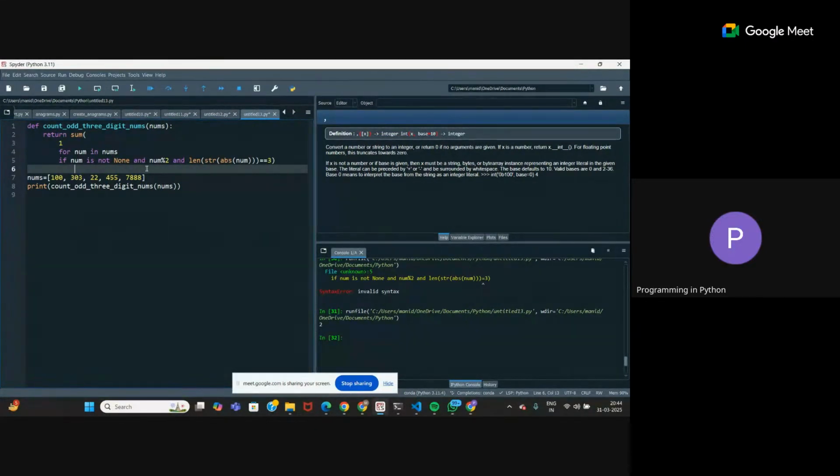For every iteration, if the condition is true, then this 1 will be returned. To where? To this sum function. So if for every iteration it returns a 1, it will keep on adding those ones. Right, so for only 2 values here, 1 will be returned. That's why this one is written in line 3. This is an example of generator.